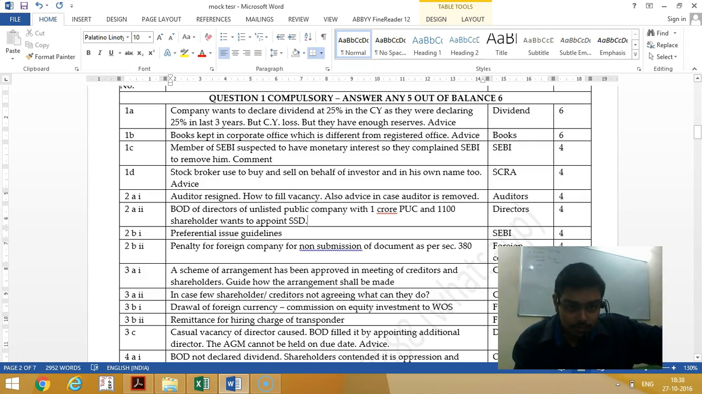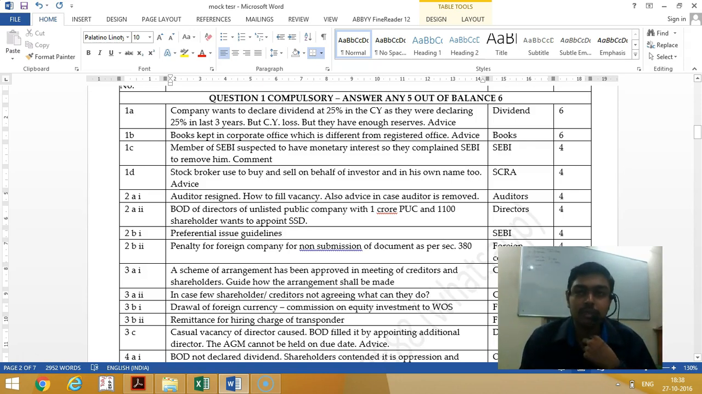Then the board of directors of an unlisted public company with 1 crore paid up capital and 1,100 shareholders wants to appoint a small shareholder director. It's not required because it is applicable only to listed companies. We have seen this question also in our first chapter. Then